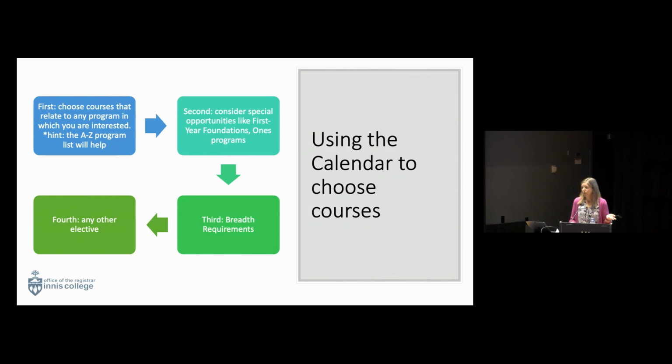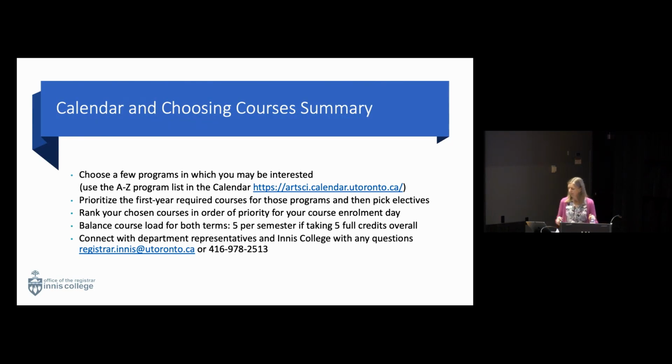Third, if you have room in your schedule and you think, okay, well, I don't know what else to take, we'll see about maybe fulfilling a different breadth requirement than the other courses that you're already planning on taking fulfill. And then last, any other elective. An elective is a course that you elect to take. Hungarian 100, for example, a course that you're not planning on pursuing a program in, but a course that you're taking just for the sake of learning it. I'm going to build up that Hungarian program.